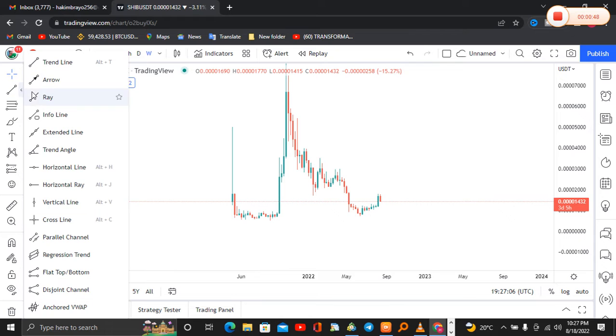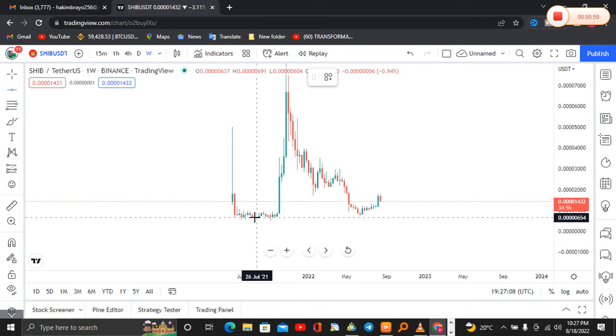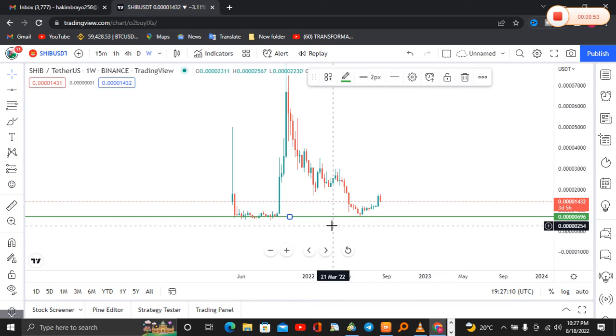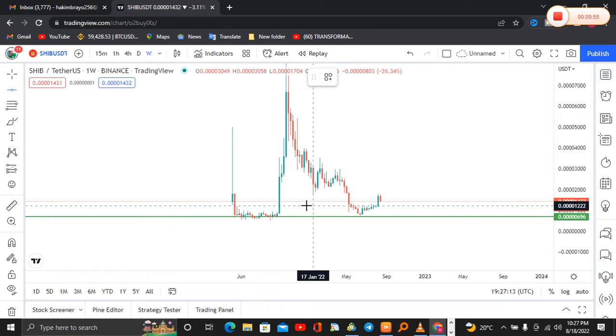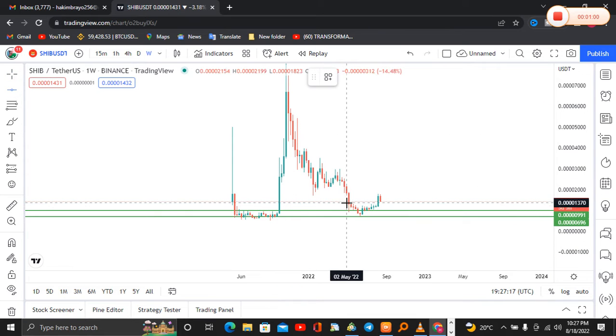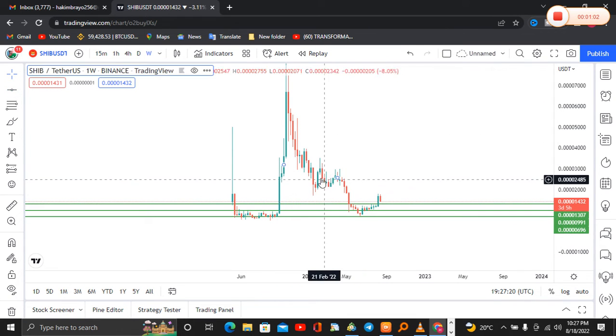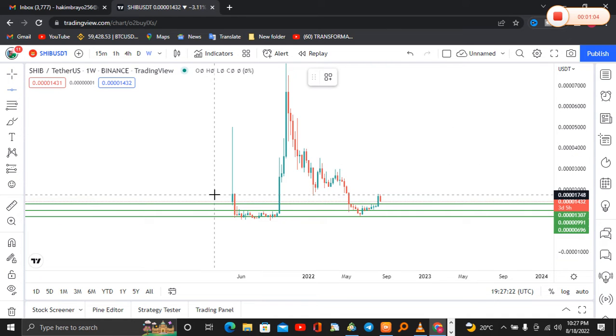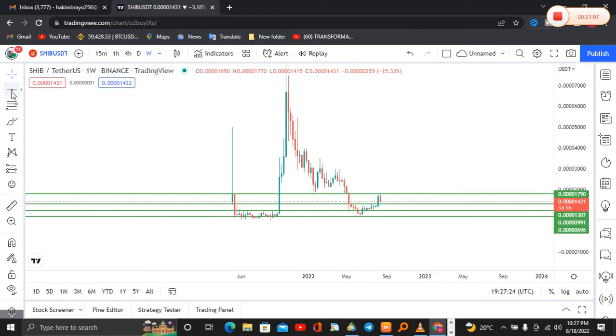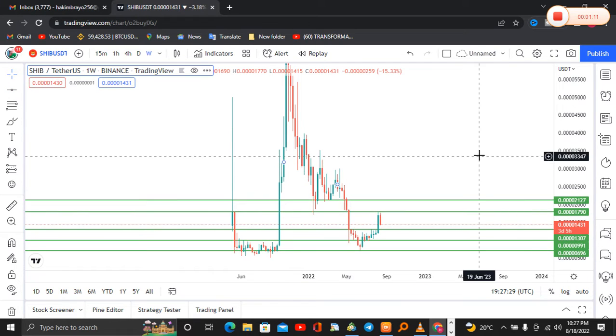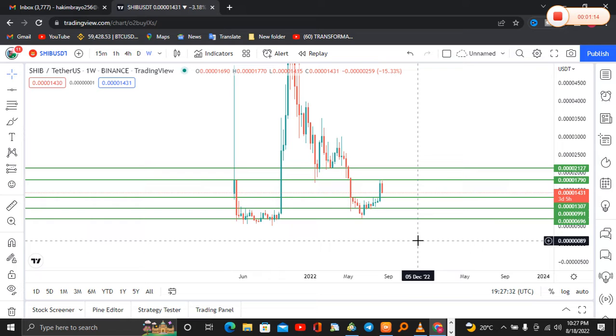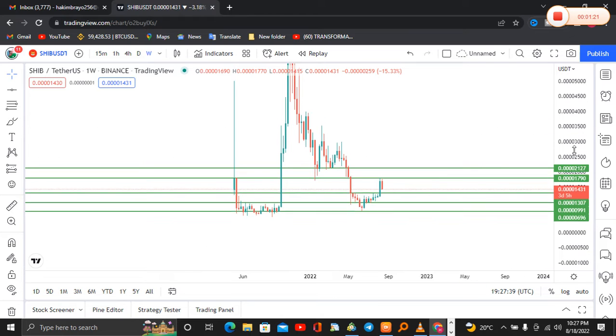I'm going to start by spotting out my major market key levels to see where Shiba Inu is playing around, all the levels which have been respected by this particular currency. So all this I'm trying to spot out the major market key levels where Shiba is respecting a lot of things. Now at the moment I can clearly see that Shiba Inu